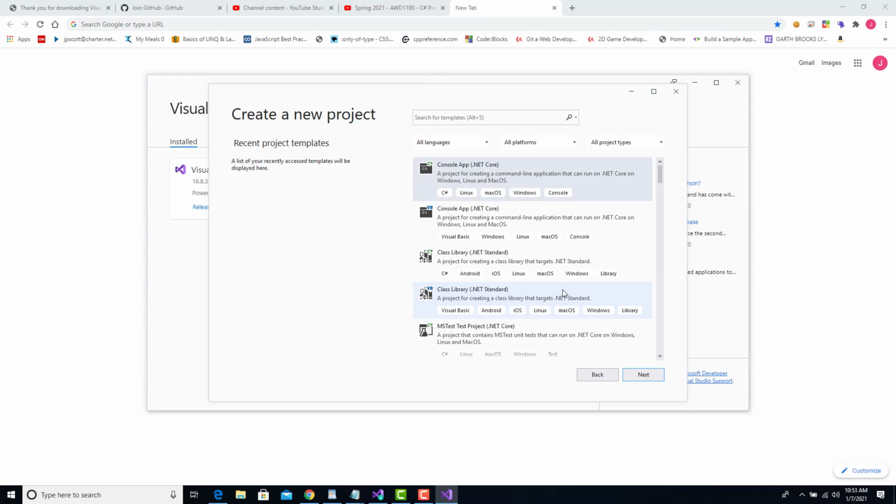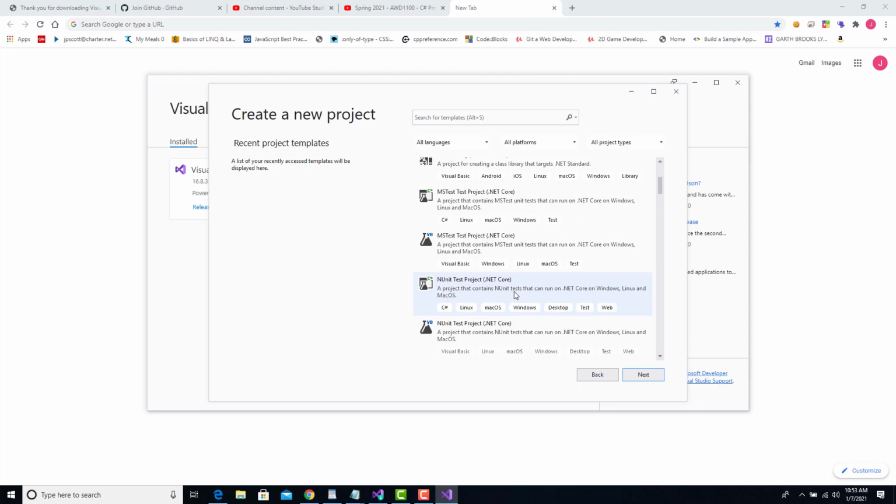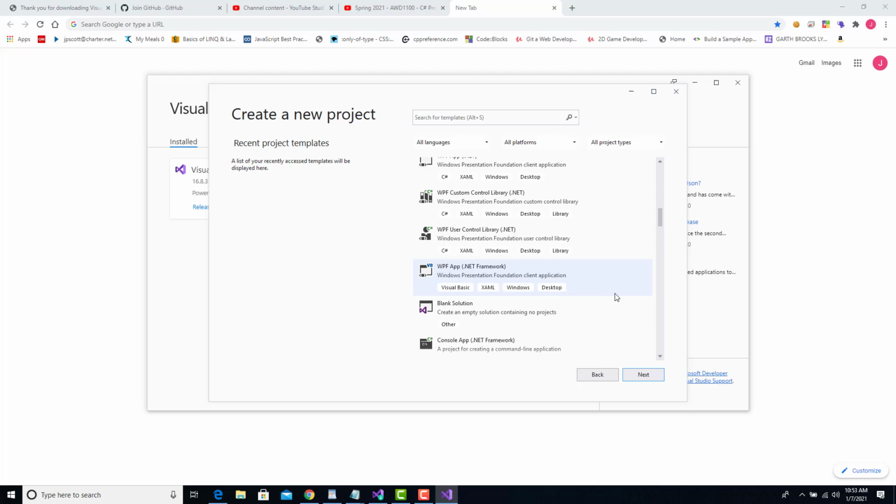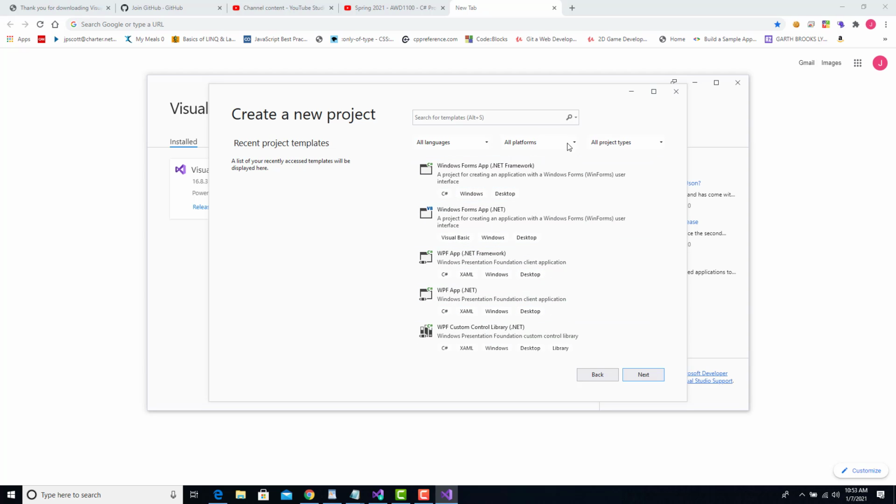And it comes up, at least on mine, and it looks like this. We're going to go through what all these different things are, just so you know. Are we going to use all of them? No. We'll basically use the console app that's right here that's got C# in it, and there's a Windows form in here also. And if you don't like looking through here, you can also search up here. So if I wanted to go look for Windows